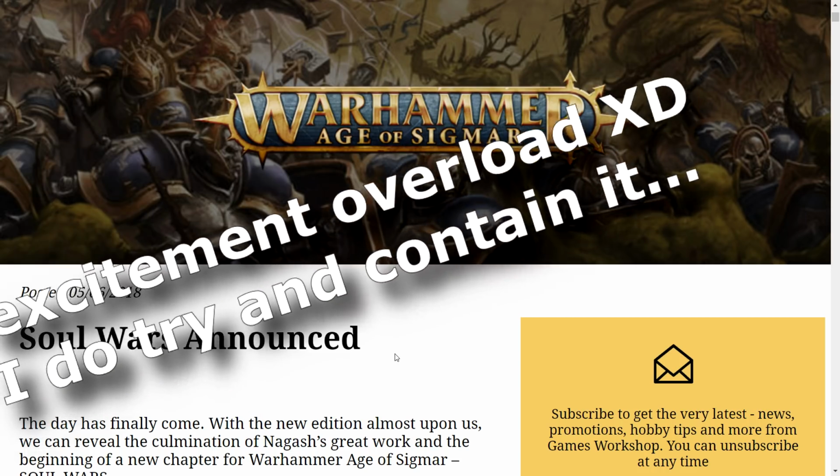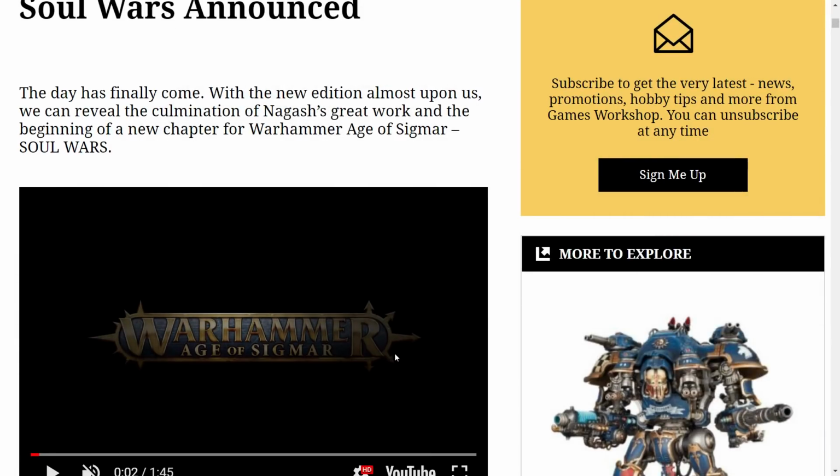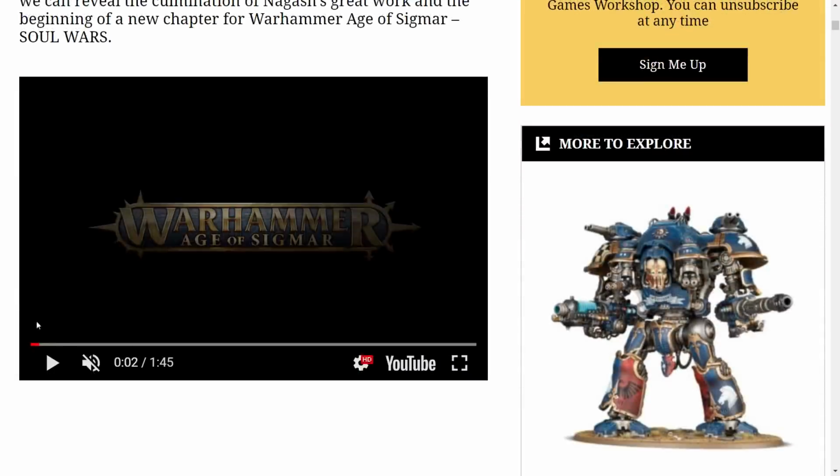I can't believe it's here. All of the details of everything that's going to be in the starter box for the second edition of Age of Sigmar. We've been waiting so long to get these details and I can't believe we finally got them. First things first, I will leave a link in the description for this article so you can watch this video. I don't really know what's going on in it at the moment because I've only watched it like twice, but